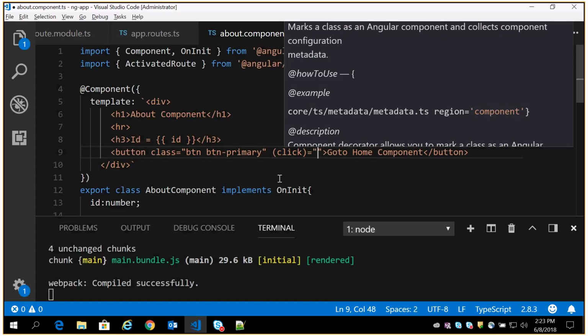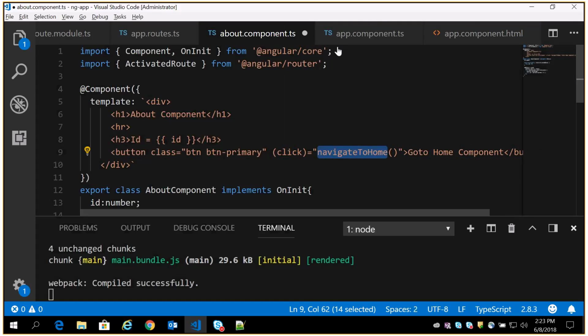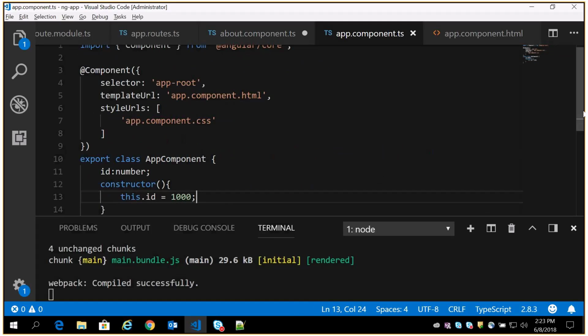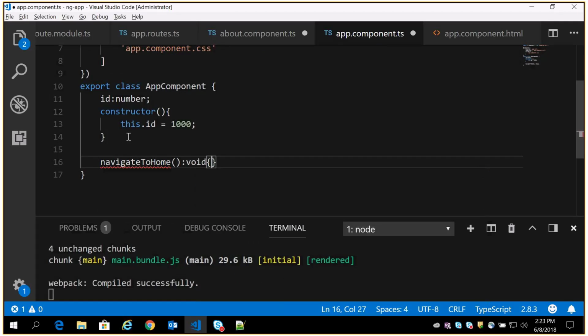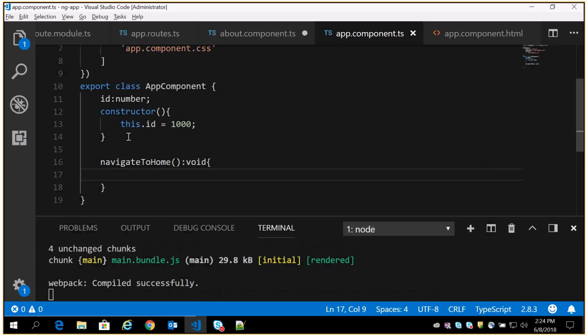When I click, I'm saying navigate to home. So obviously we are supposed to write this function in the app component.ts. Okay, so now, sorry, not app component, about component, sorry.